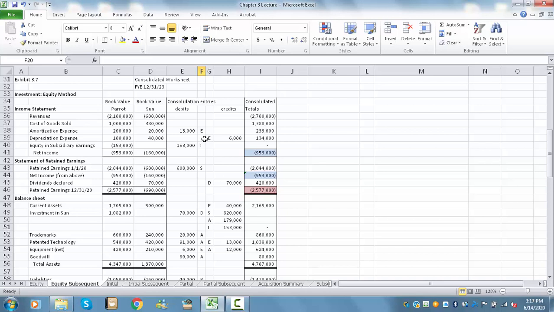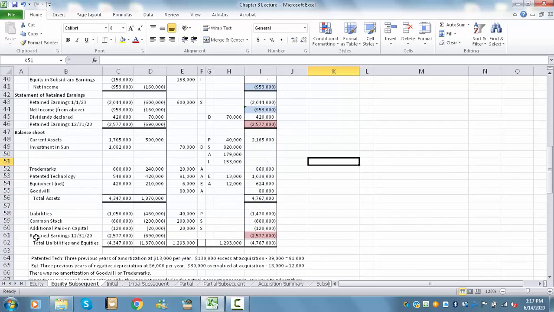We do our worksheet across just as we always have, keeping in mind that we're adding down for the totals. We added down. This is the net income. It carries forward into the statement of retained earnings. Then when we do the statement of retained earnings and we get the ending balance, I picked up the wrong numbers again. I apologize, and I'm going to fix them right now. We get the retained earnings at 2023 at 12/31. That carries down into the balance sheet of